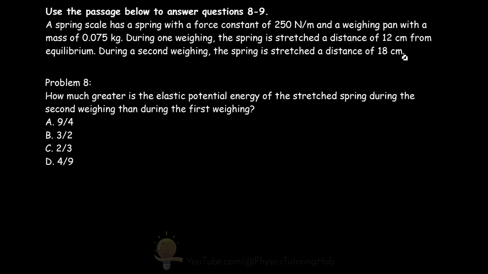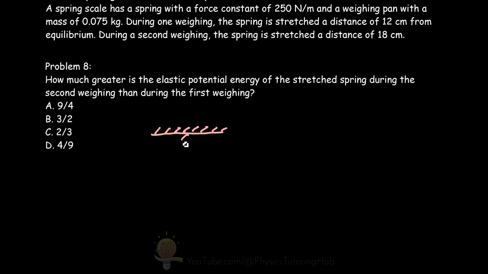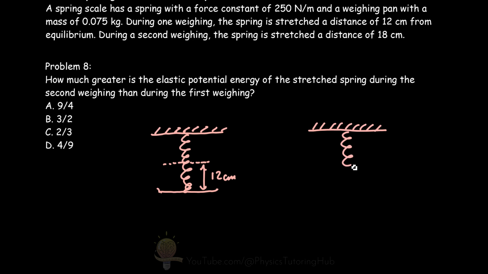So let's draw this out quickly. Stretched by 12 centimeters from the equilibrium position. And the equilibrium position will be the length of the spring if there was no mass attached to the end of the spring. When we add more weight to our weighing pan here, our spring is stretched even further away from its equilibrium position at a distance of 18